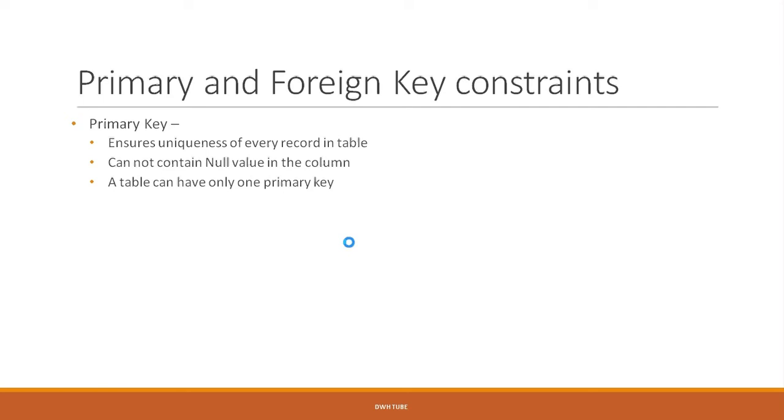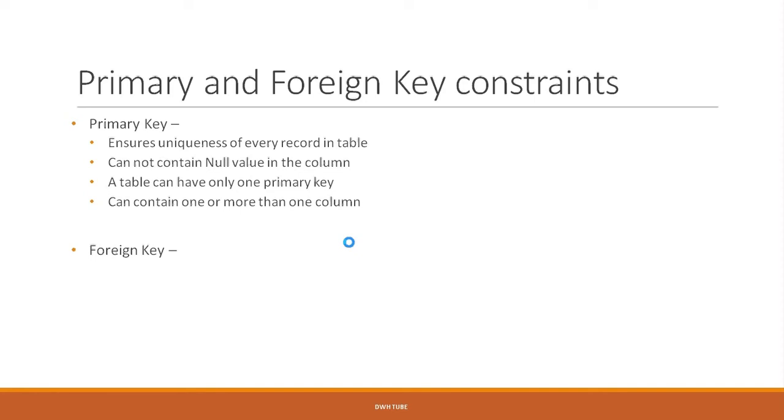Okay, so the next property of the primary key is that a table can have one and only one primary key. I actually mentioned that in the syntax itself, but you can have more than one column in a primary key. So you can have one primary key per table, but that primary key can be made up of two or more columns. It could be made up of three columns, which we normally call a composite primary key. Okay, so these are the four properties of primary key which I want to list here.